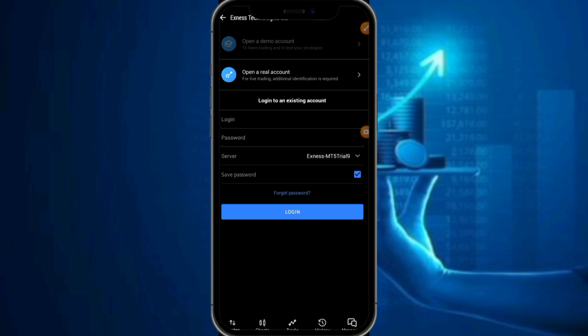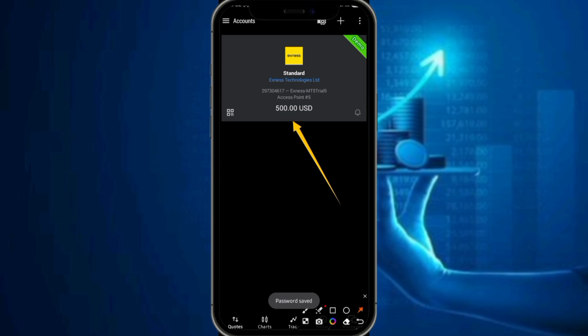When you are done, they'll give you an option which is login. Then you just tap on login. The moment you tap on login, your account will be linked successfully. You can see that here I have the $500. It means that my account has been linked successfully. So this is how to create your demo account and link it to your MetaTrader 5, and the same process is used